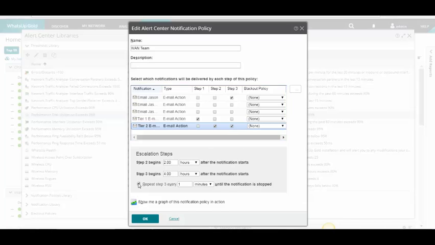We can also take a repeating step. Maybe we know that if we do have drives that are exceeding utilization, they may be virtual and we may need to provision more resources, or they may be some physical ones and we'll actually need to order more hardware. In any case, we want to make sure that we have a repeating step to alert at least once a day. So we make sure that those things have been taken care of.